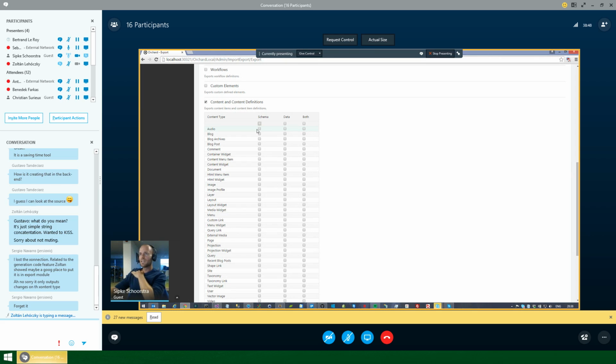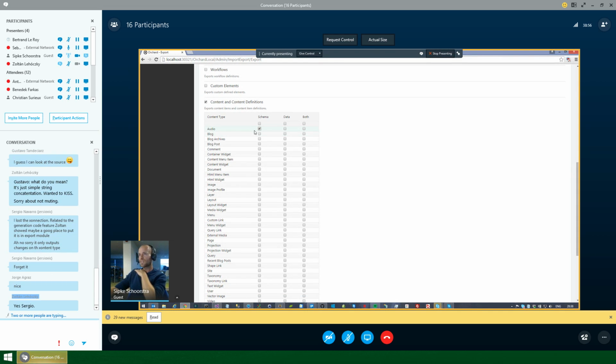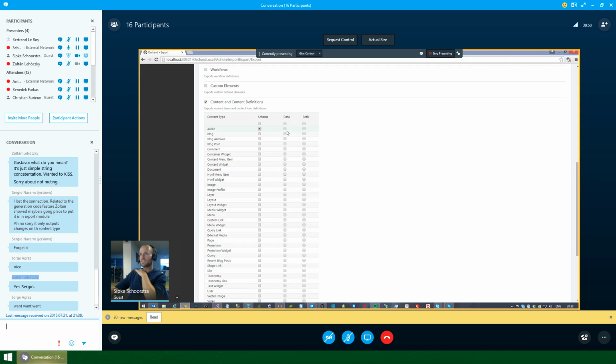So you have more control over what you want to export. You can choose to export the content definition of audio, for example, and not the data, and the other way around, where you just want all the blog posts but not the schema, because you know that will be generated by the feature. Yeah, I'm not sure. Both? Yeah, that's weird. The both thing is weird. The both thing makes it easier to